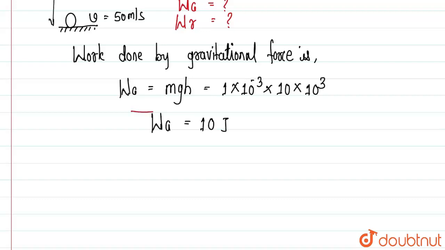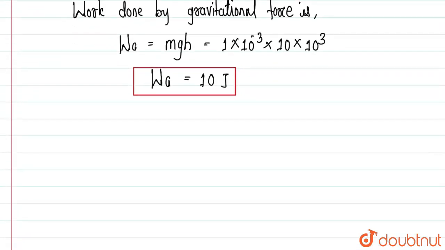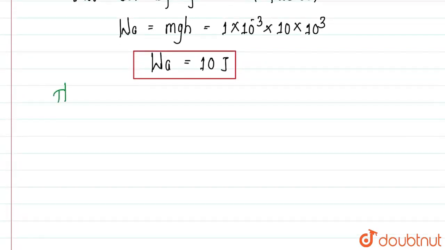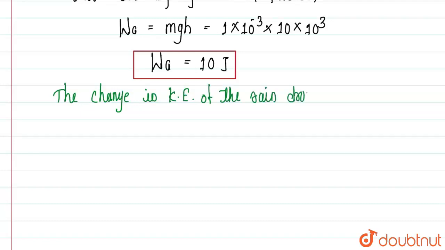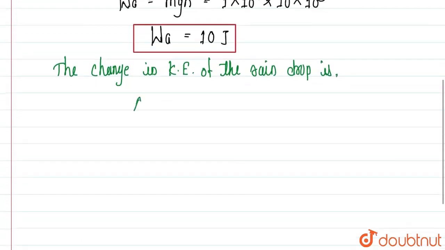Now next we have to calculate the work done by the resistive force. For that, first we will calculate the change in kinetic energy. This change in kinetic energy can be written as final kinetic energy minus initial kinetic energy. So that we will write here. The change in kinetic energy of the raindrop is delta K equals